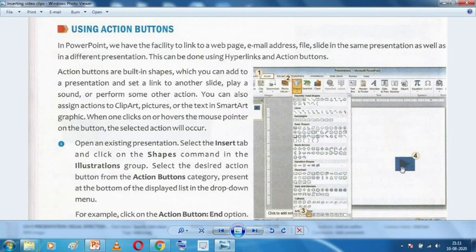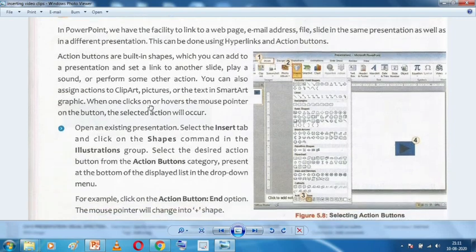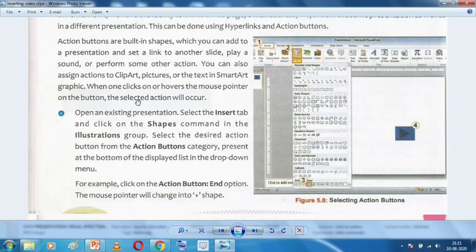Right now if I bring my mouse over here, that means I am hovering my mouse over this button. I am not clicking it. I am hovering. So when one clicks or hovers the mouse pointer on the button, the selected action will occur. Which action will occur? The action which we have selected.